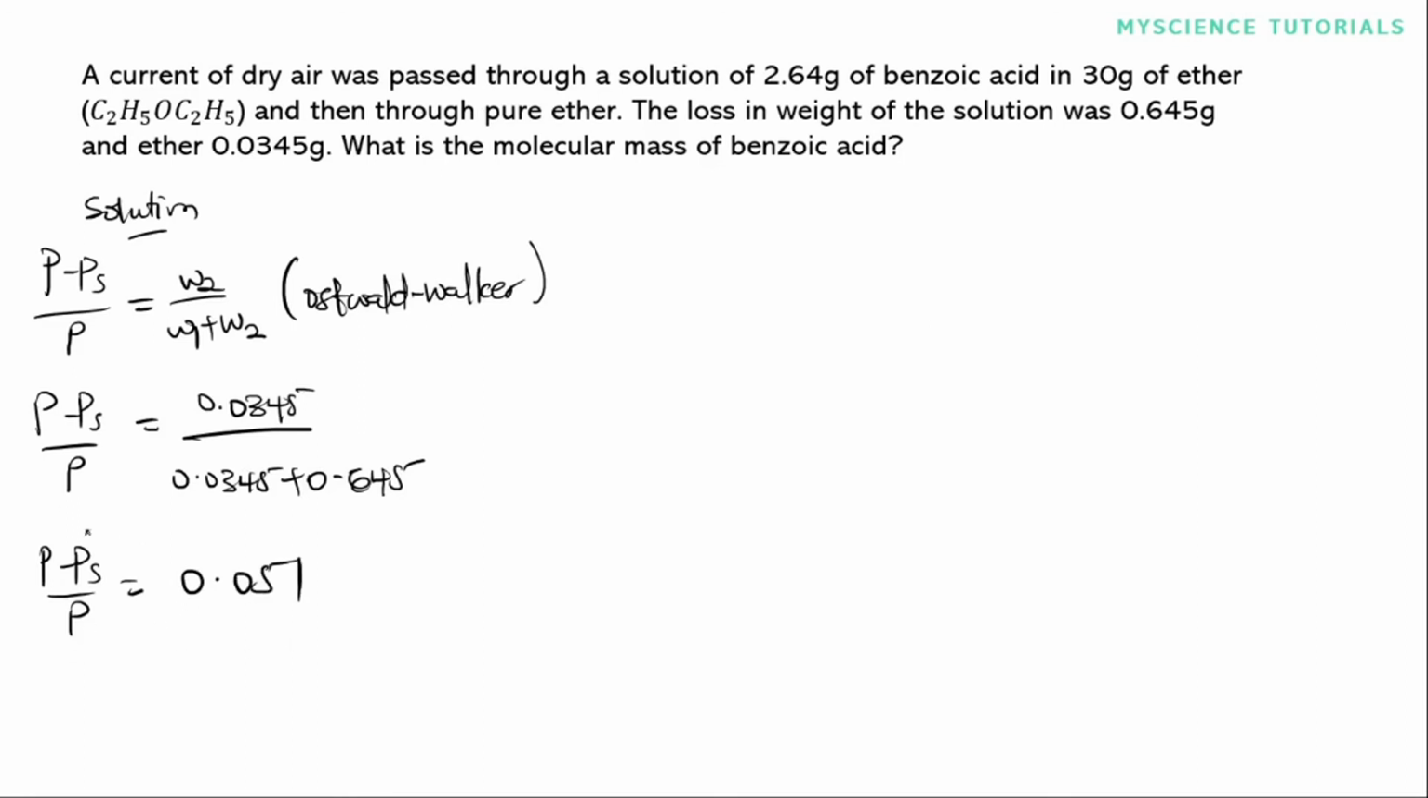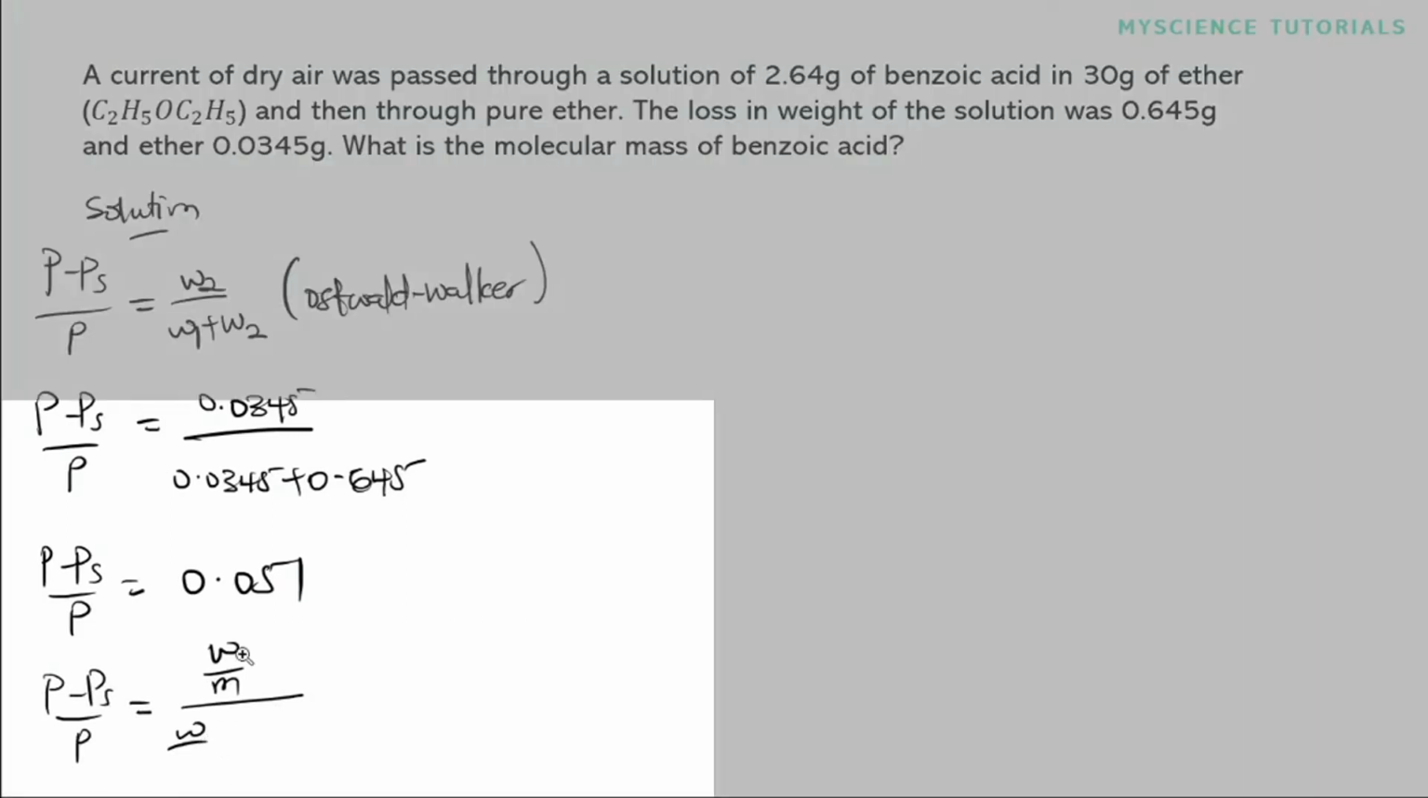So now that we have this, we can easily find the molar mass of the solute. Okay, so we know that P minus Ps on P is equal to what? Small w on small m all over what? Small w on